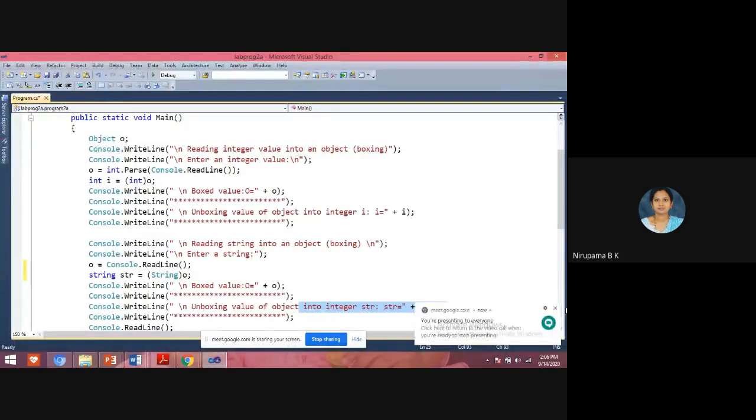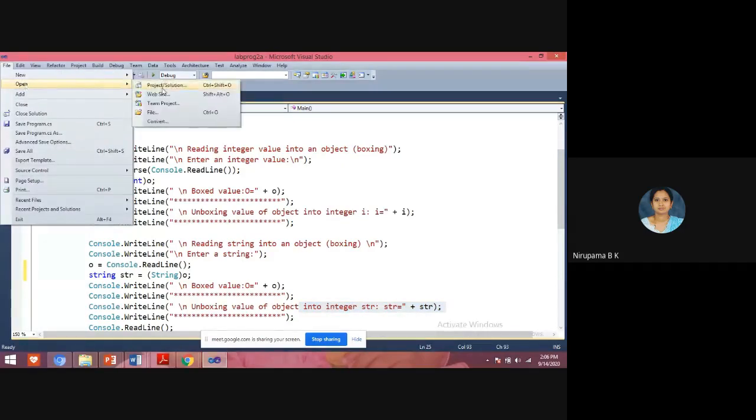Okay. This is the 2A lab program. Now next is the 2B lab program.